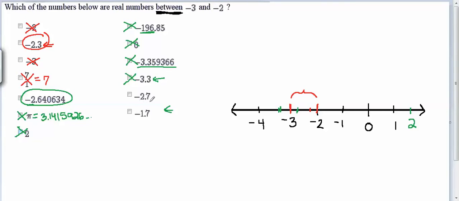Now let's look at -2.7. I start at 0 and I go backwards 2 steps and 7/10 more of a step. So I go backwards quite a bit, but not all the way to -3. So -2.7, that works. That is between -3 and -2. And our last one here, -1.7. So I start at 0 and I go backwards 1 step, and then 7/10 more gets me almost all the way to -2, but not all the way there. So it's close to the interval of interest, but it's not between -2 and -3. So to summarize, the three values that would be between -3 and -2 are going to be -2.6,